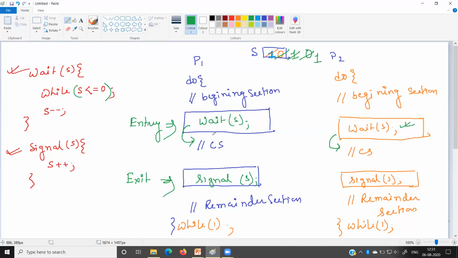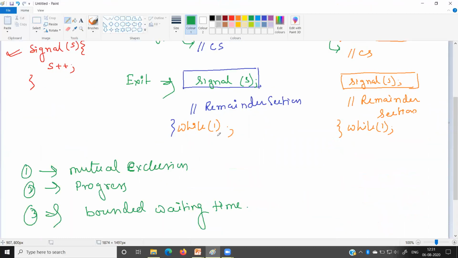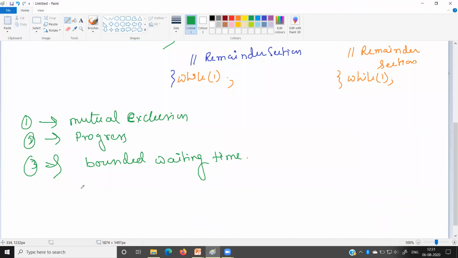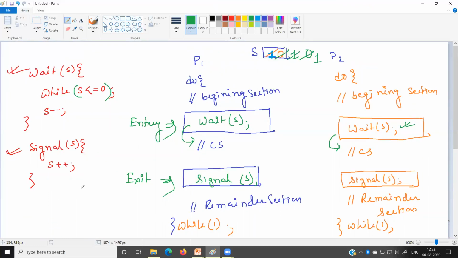Now the next condition is progress. What does progress signify? Once the process executes the entry section, that means while P1 executes the entry section, then P1 has to execute the critical section after that, then the exit section, then the remainder section, and then it can go back to the beginning.